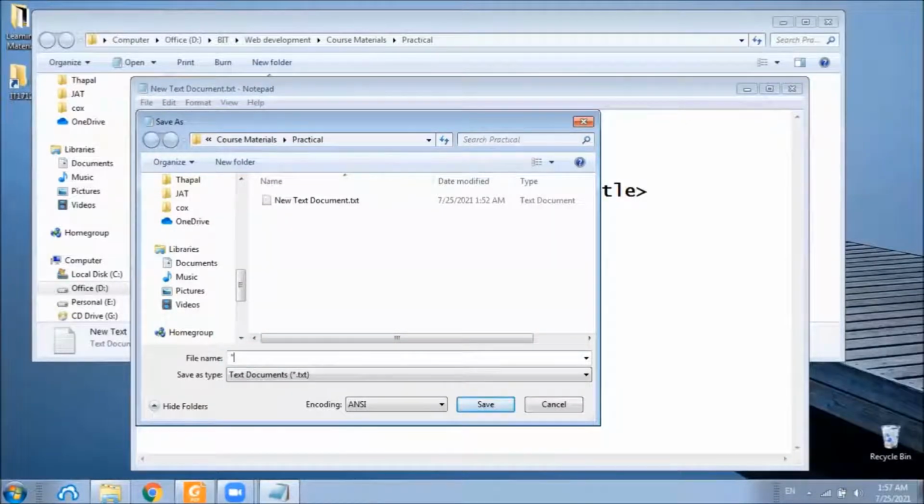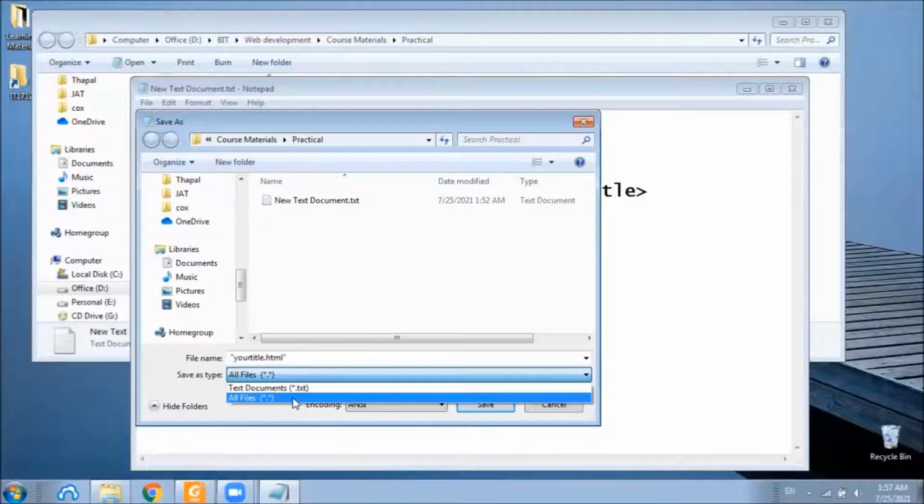In this case, I name it as your title.html, enclosed with double quotes. And also you can select All Files here because this is not a text file we are saving, and click Save.